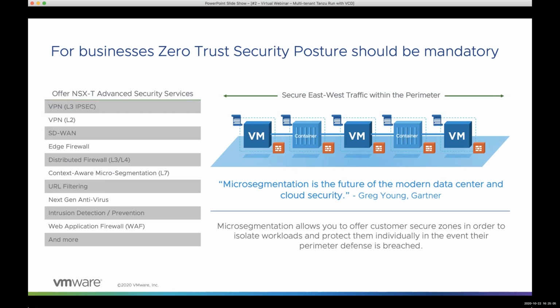Think of any cloud that you have today. These are the services. Maybe you might have fewer services than this on a public cloud compared to what VCD-based cloud providers are offering from a cloud offering perspective. So this is the security perspective that we offer on the